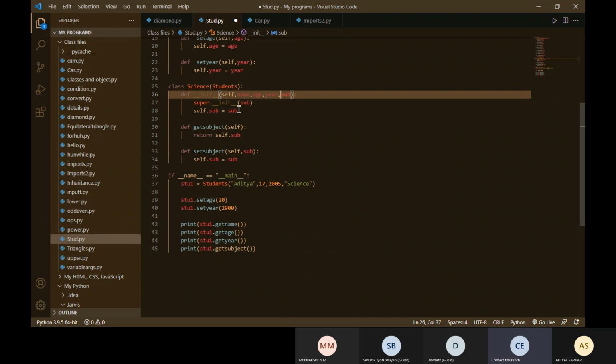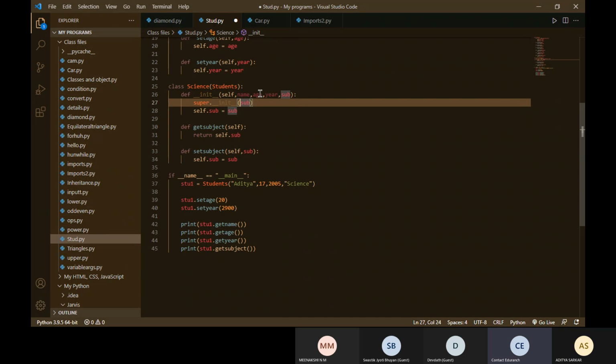Now when you call super, you only call with the three things required for the parent: name, age, and year. Super requires only three.